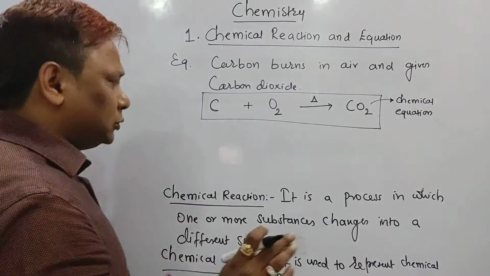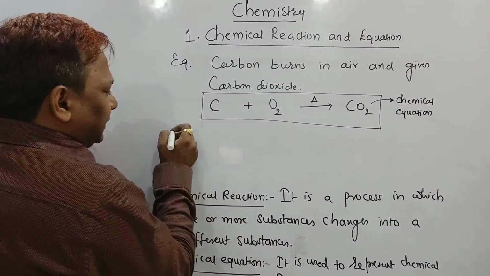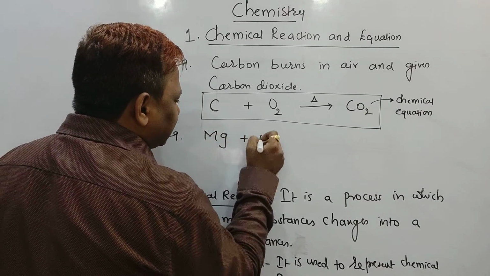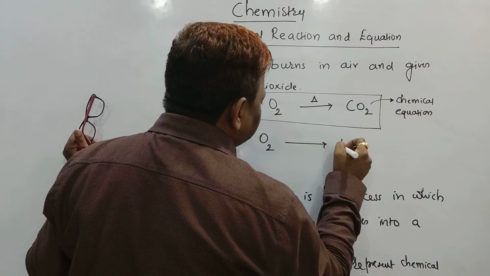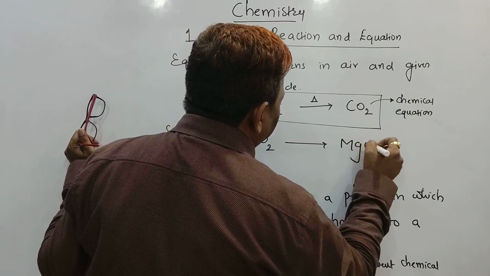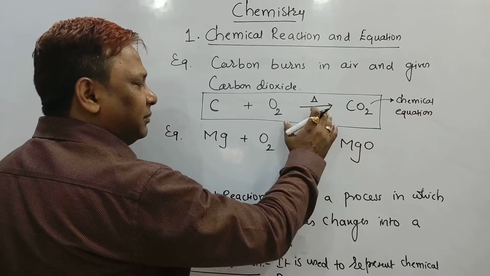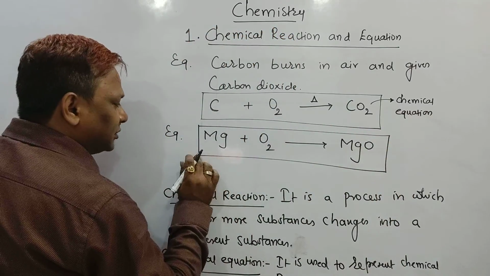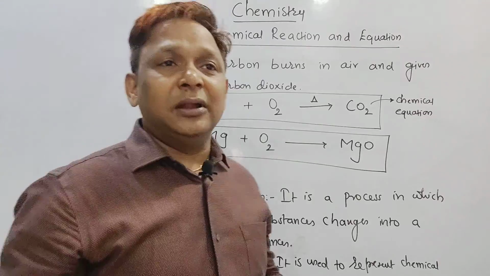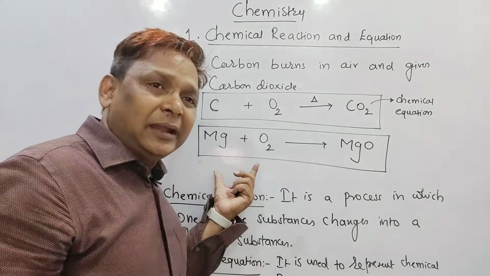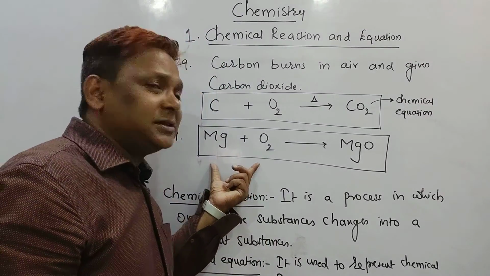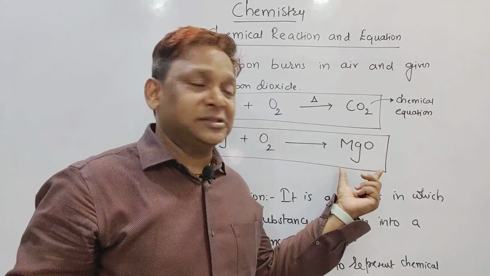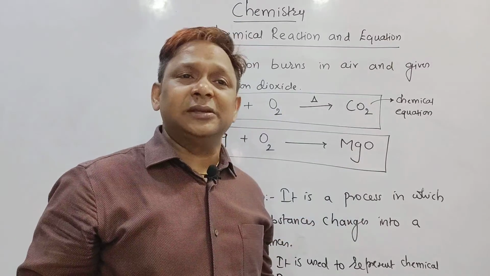But till now we saw two examples. This is one example, and previously one more example, that is magnesium burns in presence of air and it gives rise to magnesium oxide. Anyhow this reaction is not balanced, but this is balanced. So the balancing part we are going to learn afterward, because I am going to explain one more term. Now I told you the chemical entities present on the left hand side are called reactants, and the chemical entities present on the right hand side are called products.